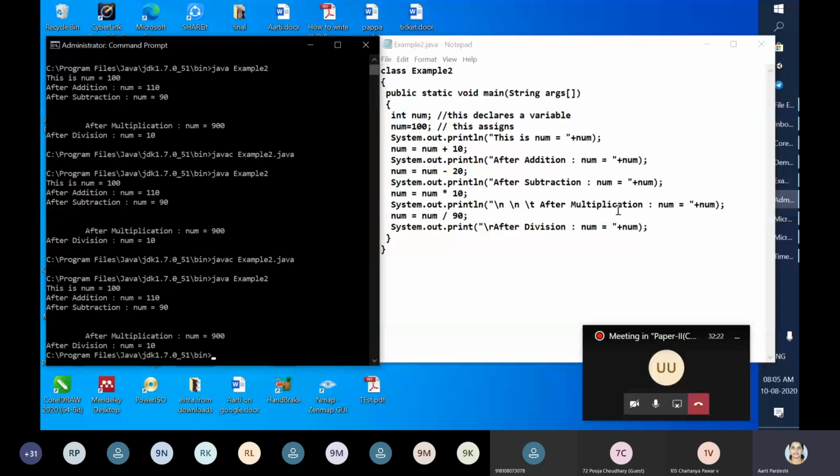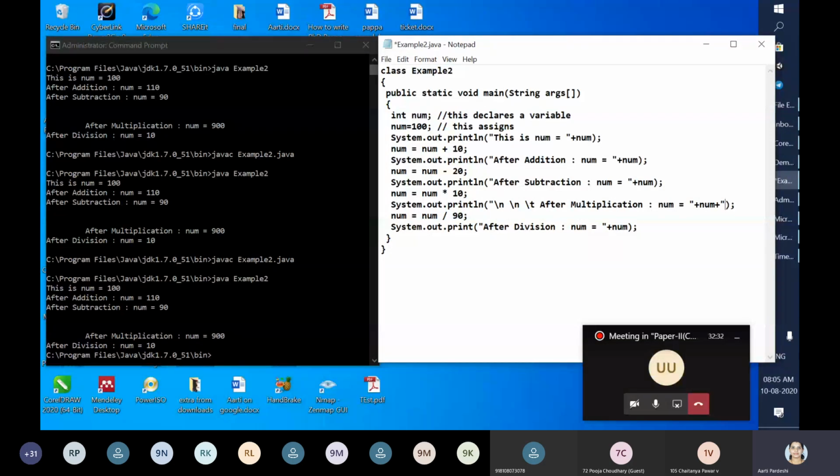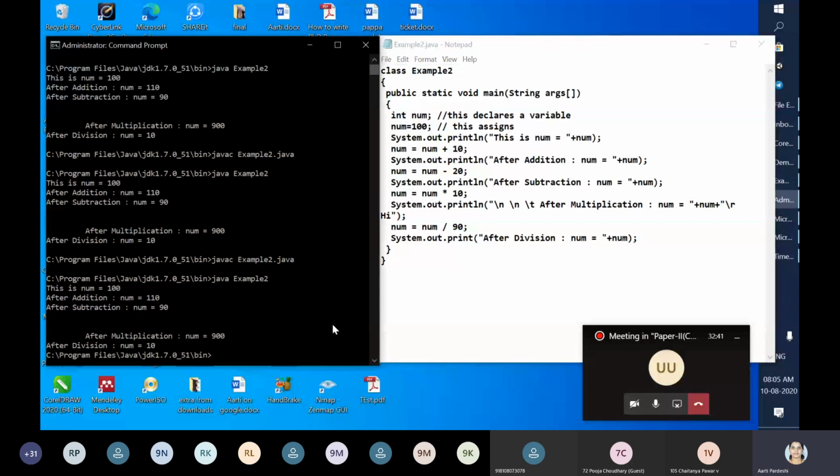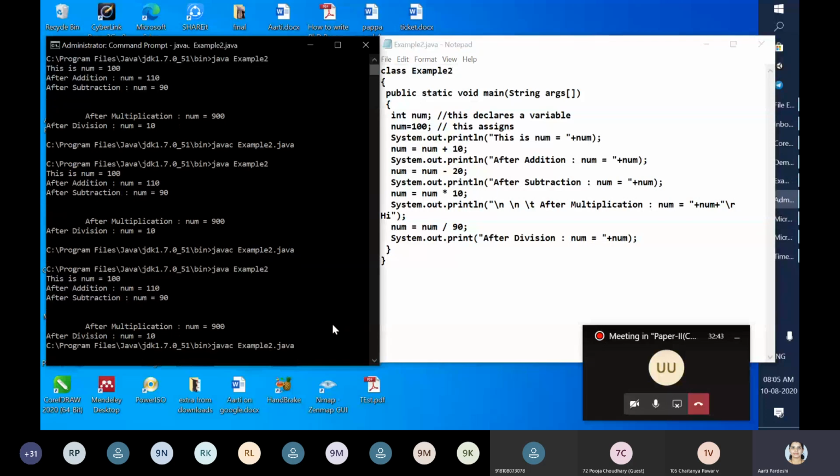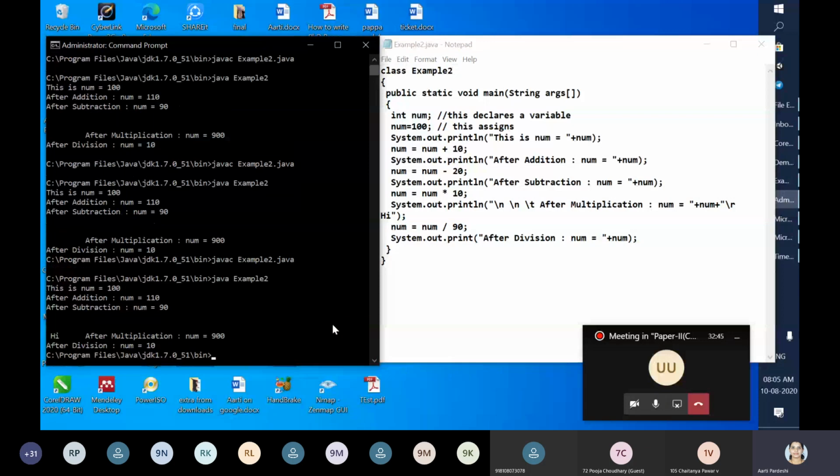Now let me show you the concept of R here. So after printing it, then backslash R. Hope you are able to see what I did right now.